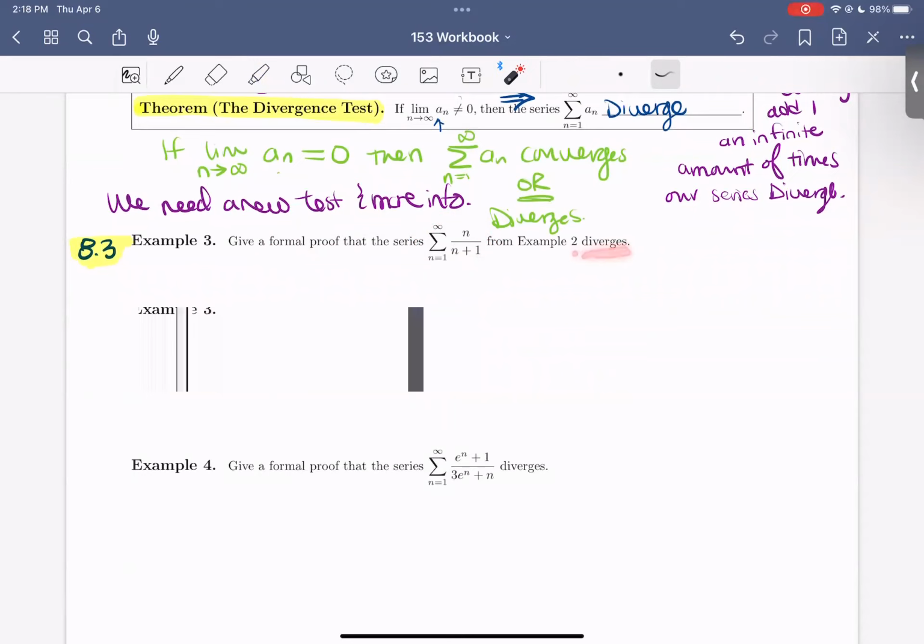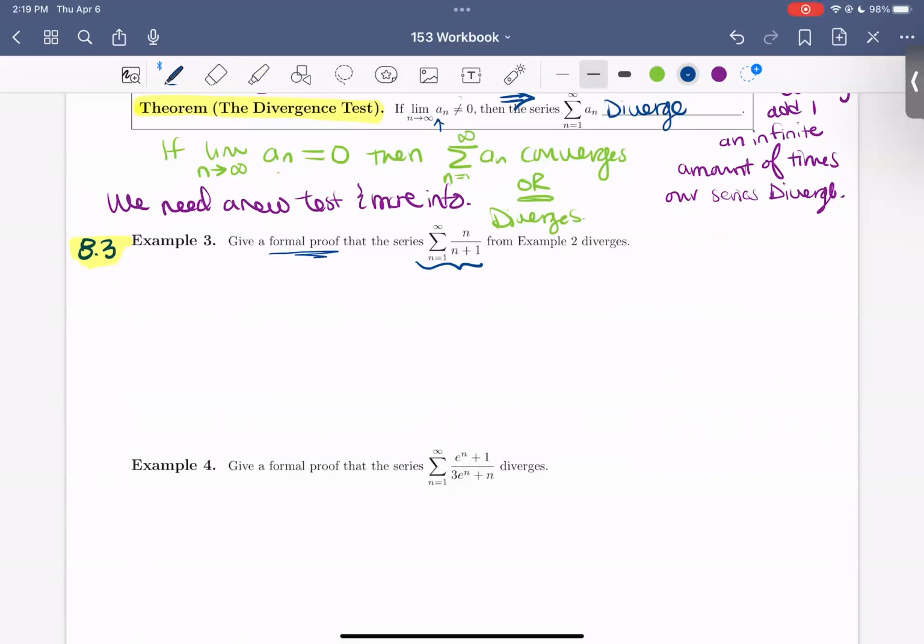So we're told what the conclusion is here, and we worked it out in example 2. So this series we know diverges, but we want to give a formal proof that it does. So we're going to go through this example so you can see a model of how this is done. And then I'll summarize a few key takeaways that we want to make sure we always include when we're writing